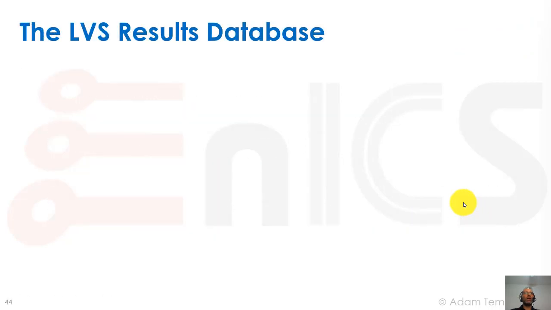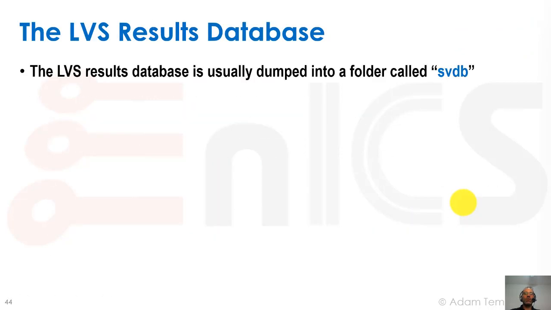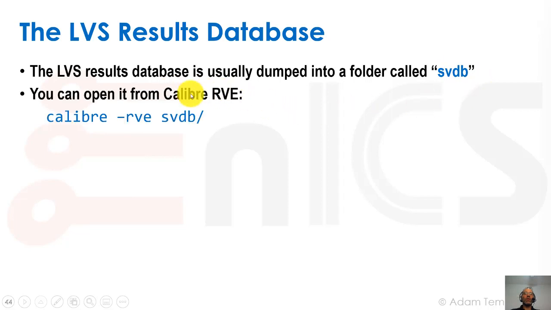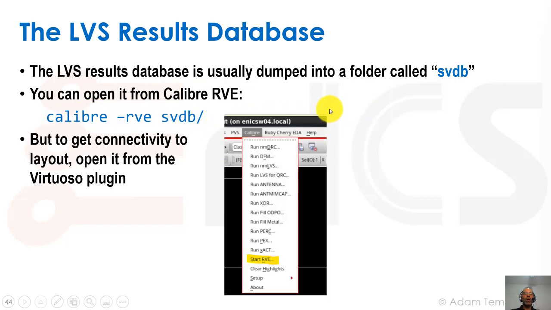So let's look at the LVS results database. The LVS results database is usually dumped into a folder called SVDB by Calibre. That's the verification database, and you can open it using a tool called Calibre RVE. That's the results viewer from Calibre. So calibre -rve svdb will open this results viewer. But